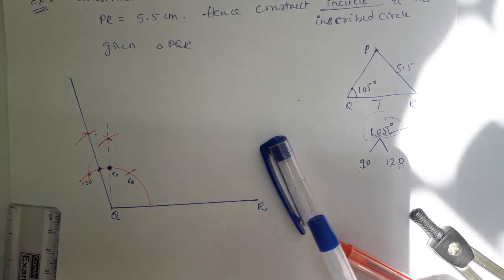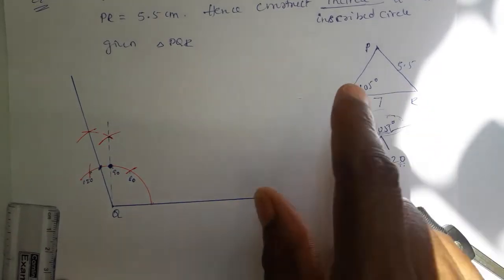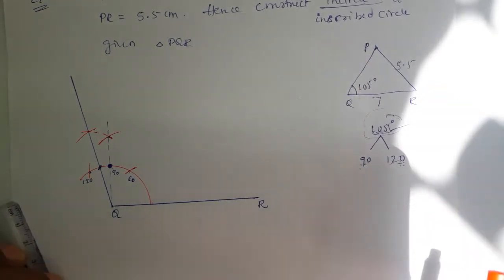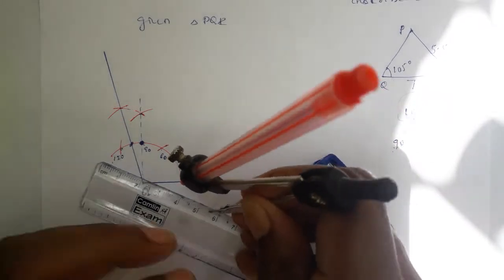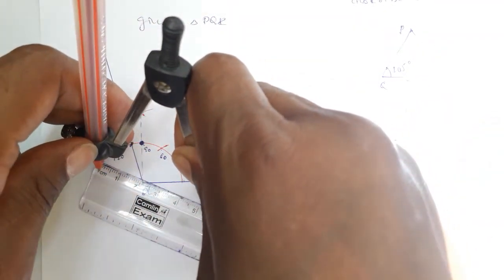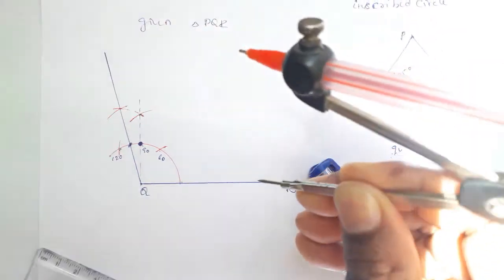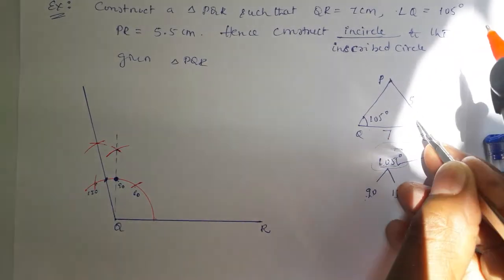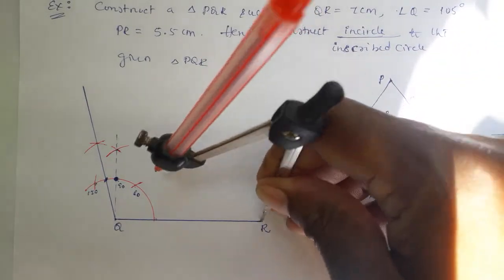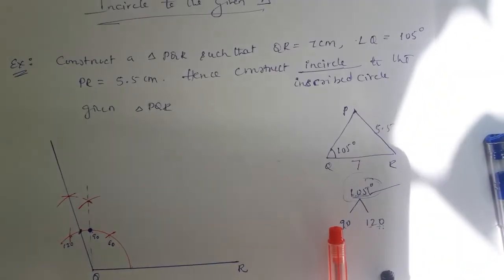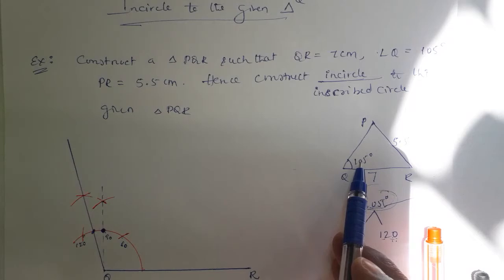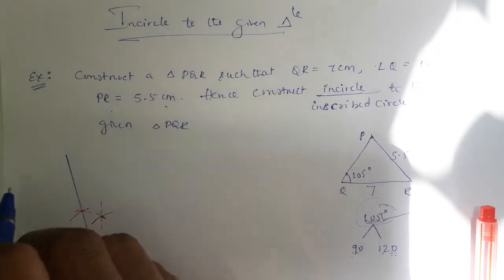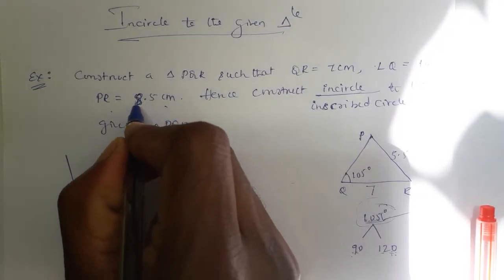Now the last step of construction of the triangle, that is getting P. P is from R. From R, P is 5.5 centimeter. So take 5.5 centimeter on the compass using scale. Look, 5.5 is taken. From R 5.5. I am not getting it. From R to P I cannot construct 5.5, because it is not meeting that line. That means somewhere wrong, because 105 degree is an obtuse angle, above 90 degree. So when an obtuse angle is given, this PR measurement should be more.